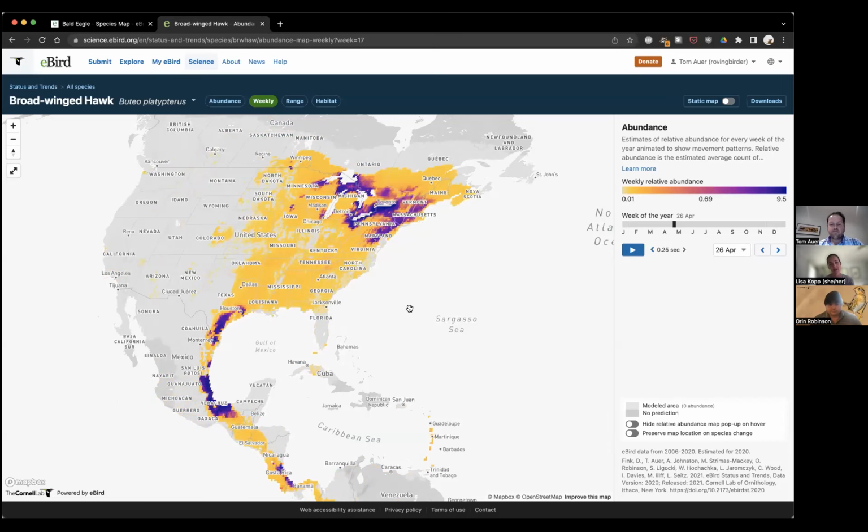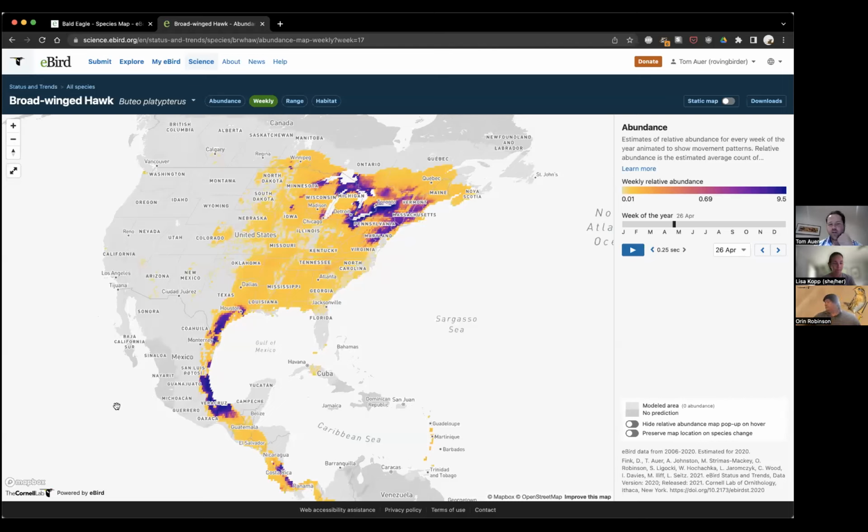That's amazing. I can imagine this is very helpful for people who are looking to understand migration. Part of why we wanted to talk about this during migration season is to help understand what's happening during these times of year where there's a lot of movement, and how that might help people plan when and where they'd like to go look for birds. Would you mind talking a little bit more about that?